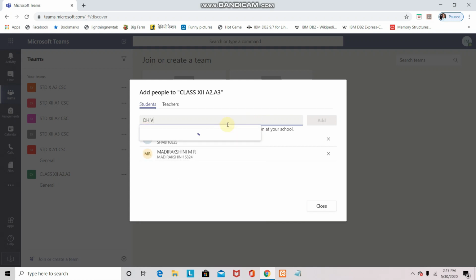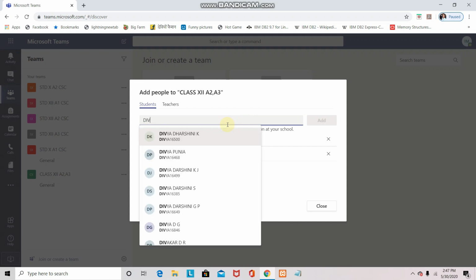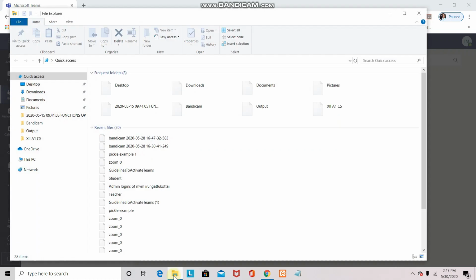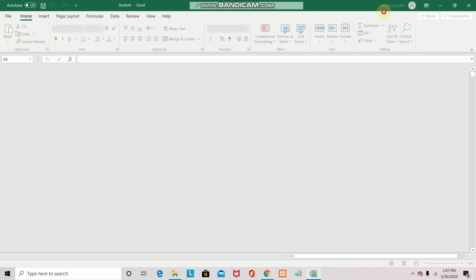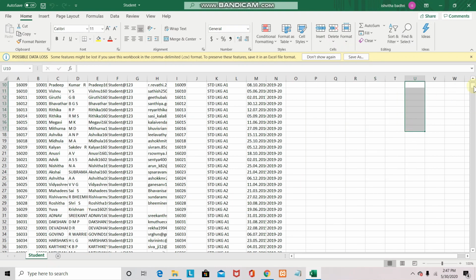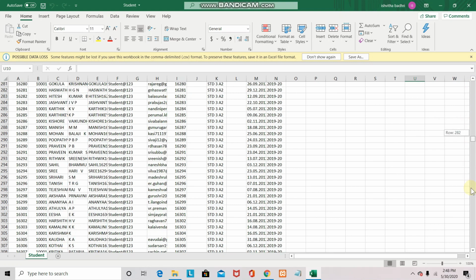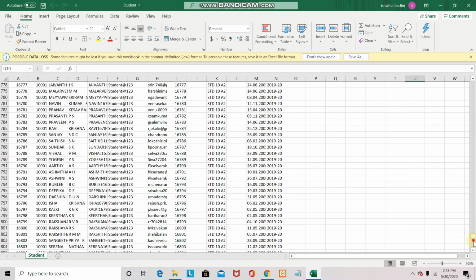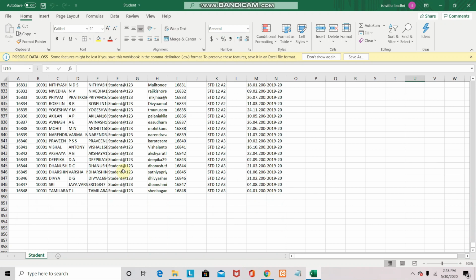When you are confused about the name of a student, for example, when so many Divyas are there, in that case there is a student Excel sheet which will be given to you. You can open the student Excel sheet, and it is given in the order of their standard and in the same order as we have in the register. From that we can find out who is a student and what the username is for that particular student. With that username, you can clarify which person you wanted to select. Here the name Divya is available, and that name we can cross check with that and then add it.